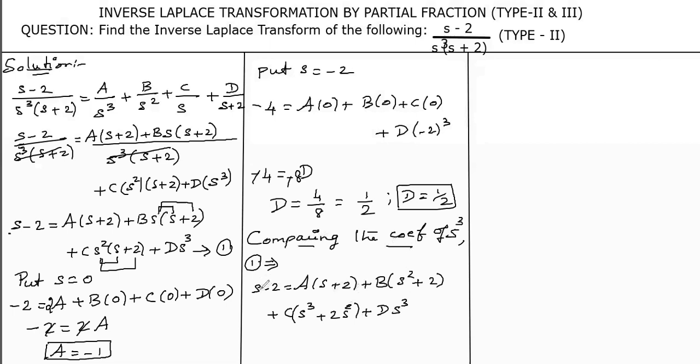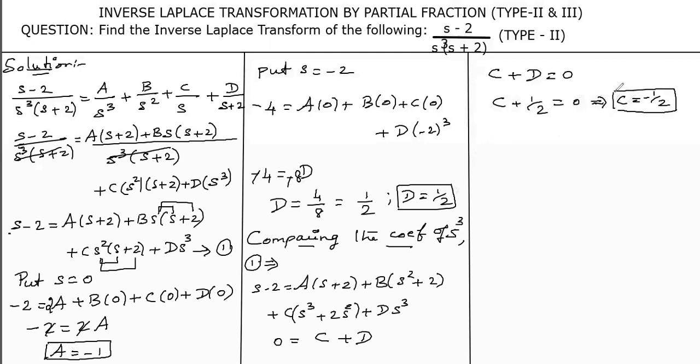Now we will continue with comparing the coefficients of s cube. See here, on the left hand side nothing is there, so I can apply the value as 0 equals. Now wherever you are having s cube, just find this. S cube is having the coefficient c. Similarly, plus d is there. Fine. Now this d equals 1 over 2. Can we apply this here to find the value of c? So we will write like this. Now c plus half, instead of d, I'm just applying this half, equals 0. So what is my c? C equals minus half. So now only b is remaining.